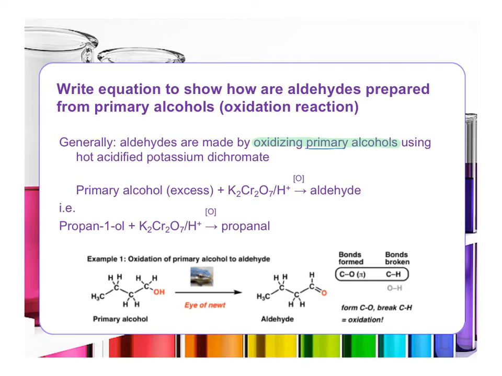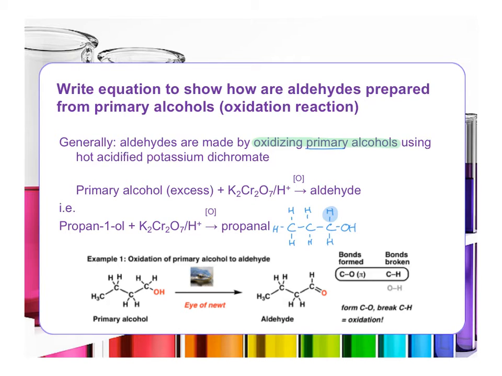Now I'll draw you out the example that I have written the formula for. So this is propanol, and we know it's propanol because there are 3 carbons in the longest continuous chain, and we can see that the OH hydroxyl group is on the terminal carbon. Now what happens is when it is oxidized, this